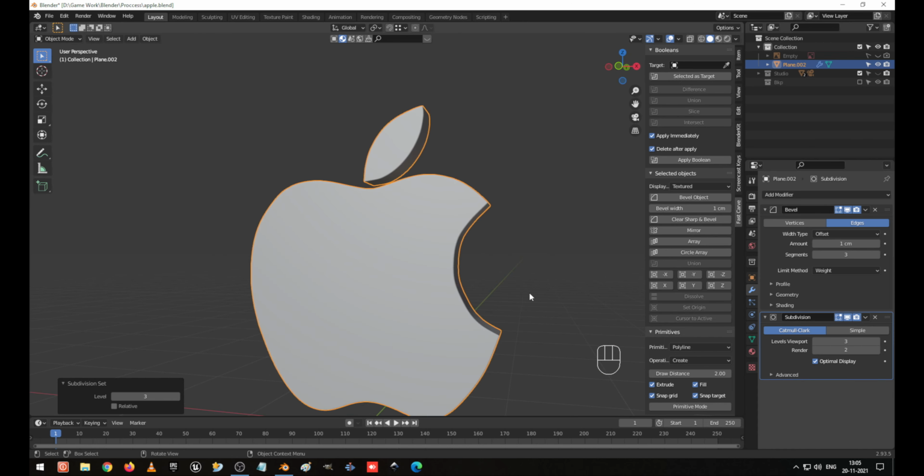This emission also I am going to give a little bit more. So I am going to select the object emission. I am going to make it 8. Yeah, which looks nice. So now I go to the solid view, and we go to the compositing and use nodes. Here I am going to give the denoising, so the noise will be cleared. So denoise. Here you can see some data is not available.